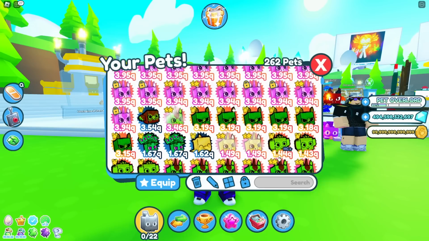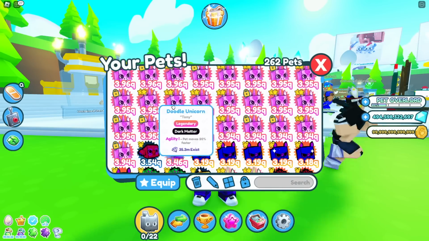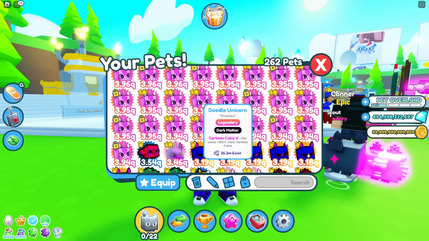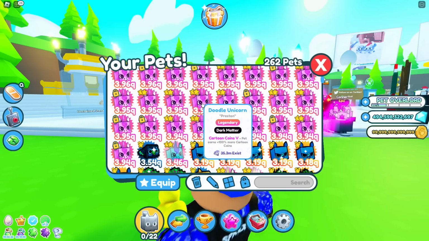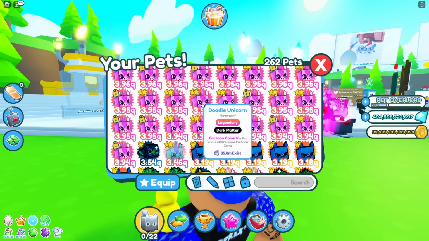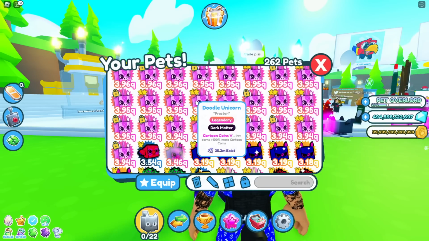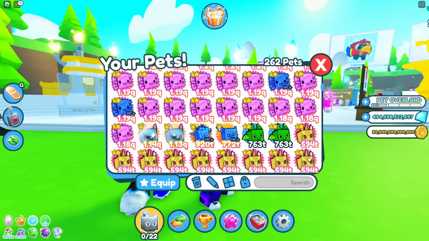And one thing you can do as well, which I think is going to increase the price by loads, is try and sell pets that have cartoon coins V. Everyone's trying to get cartoon coins V at the minute, just so they can farm more coins. Literally just go to the auto enchanted fantasy world, enchant your pets to cartoon coins V, or if you're watching this in the future, whatever the new enchantment is,